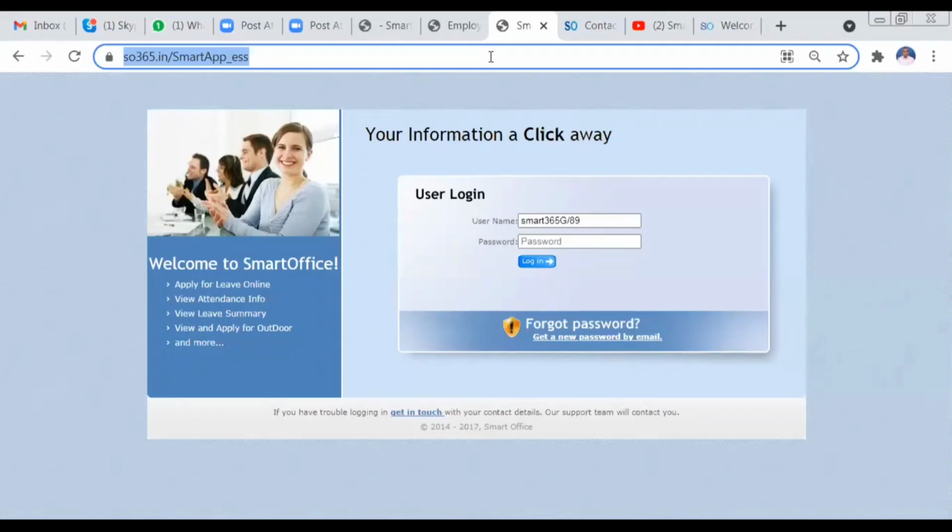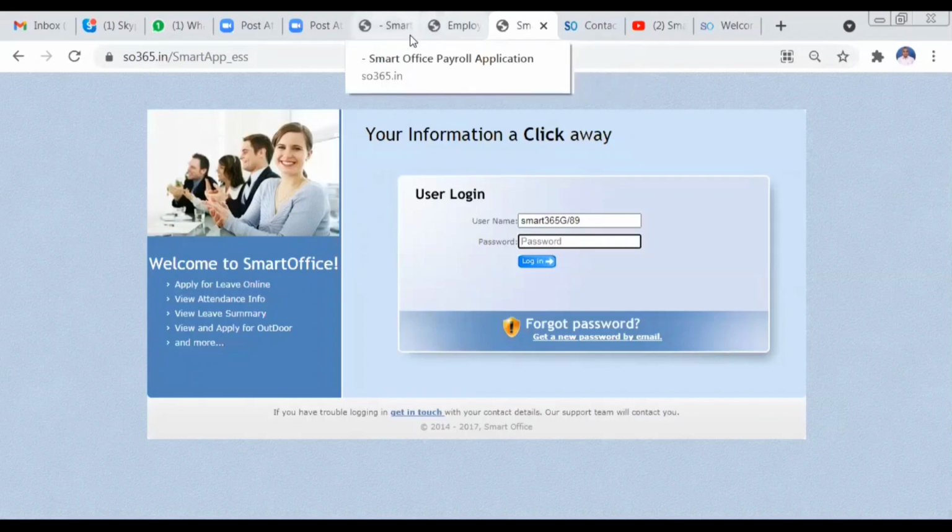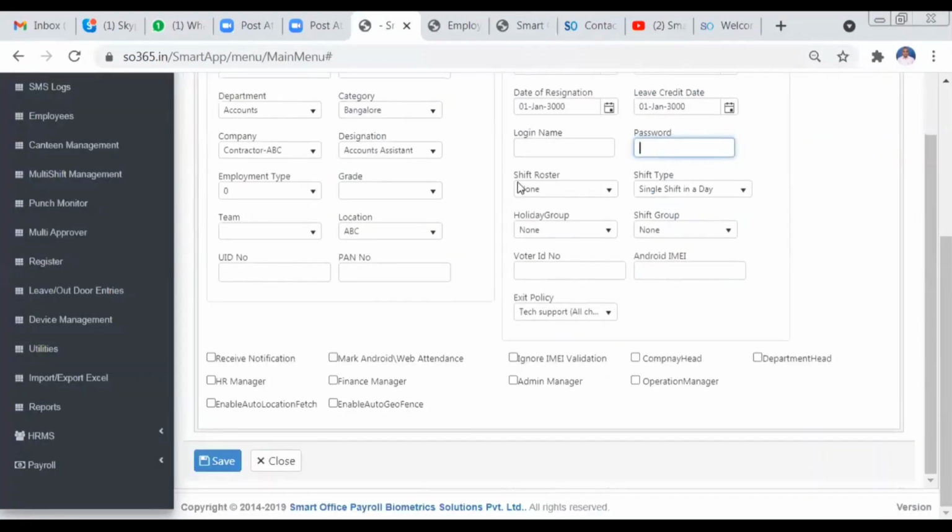ESS means employee self-service. Here it will ask for the username and password. That username and password, we have to give in the employee details. This is the login name and the password we have to give to open the employee self-service.